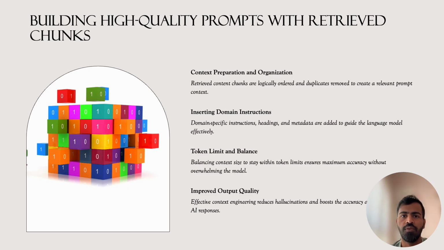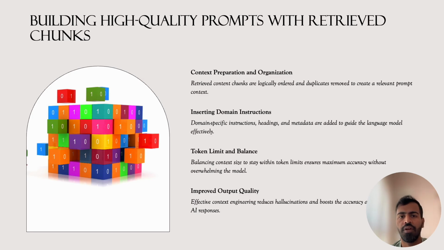Core steps include ordering chunks logically, removing duplicates, and adding domain specific instructions that guide how the model should answer. For traceability, especially in a regulated environment, we may add headings, metadata, timestamps, and source identifiers so output can be